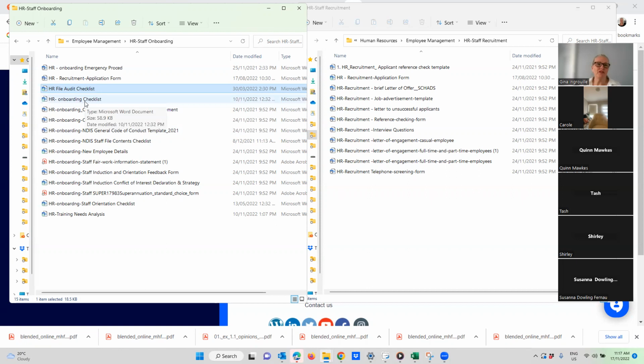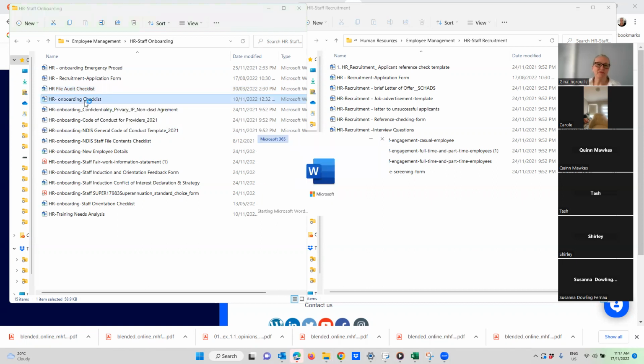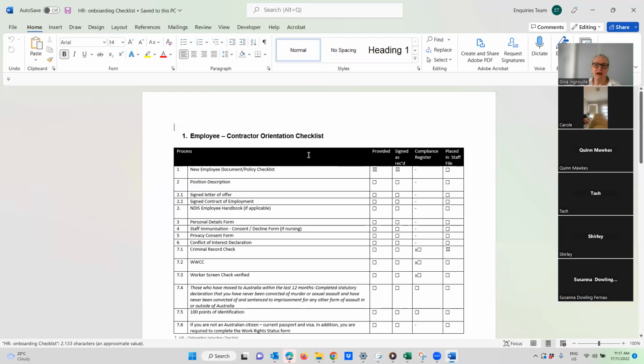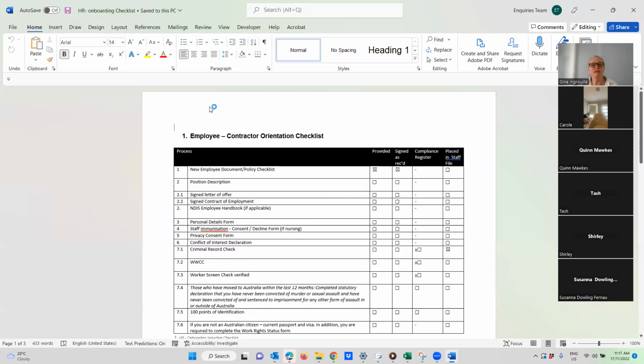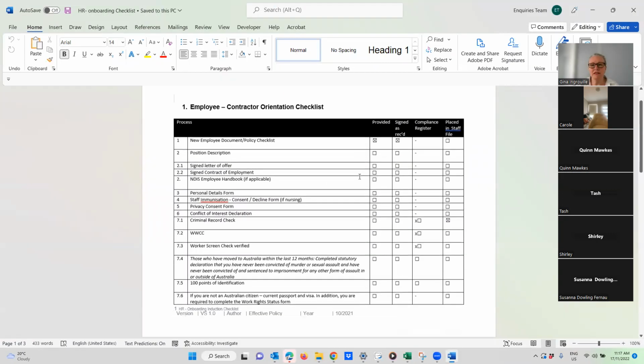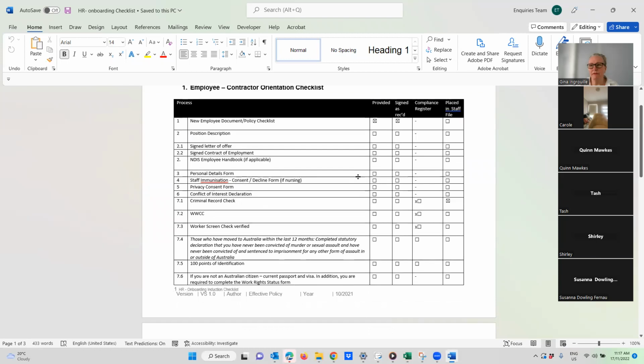So let's have a look at an onboarding checklist. This is a kind of encapsulation of what's necessary in the practice standards as well. As far as NDIS goes, it might look a little bit different in aged care. It's going to be probably 95% the same, with a 5% variation, because the aged care standards might require something just a little bit different. As you would imagine, aged care isn't going to require an NDIS worker screening, is it? So there are some differences. This is tailored to the NDIS.